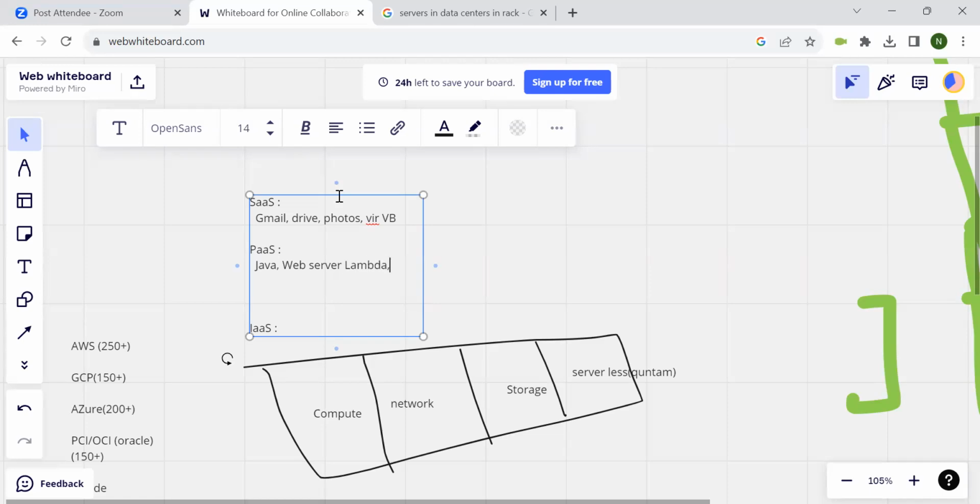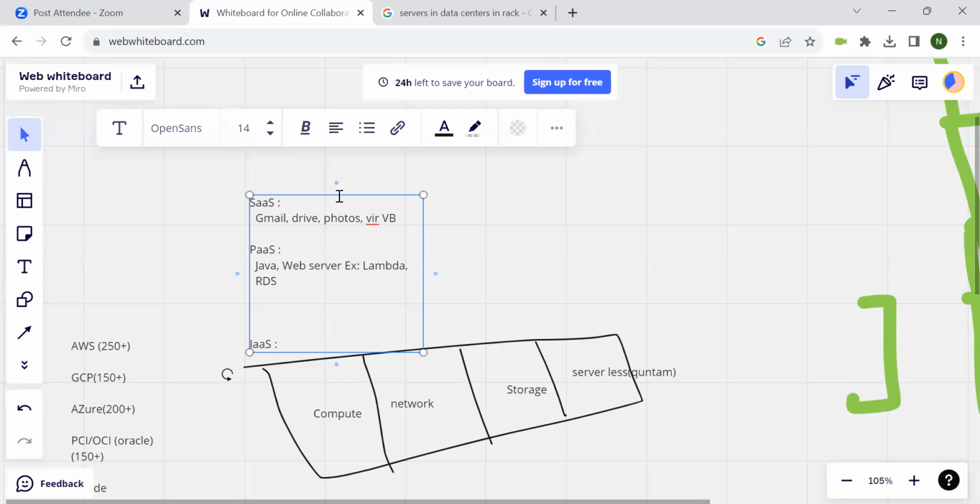Okay, Lambda service. For example, you have some tables, you require a database. What they do is you don't need to install a database. You directly use an RDS service. This is an example for the web server, or this is serverless computing also, which will come under this. RDS.